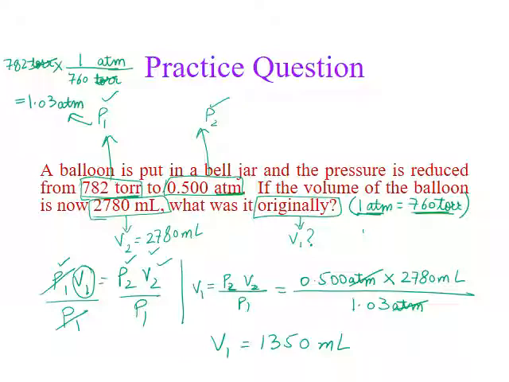How many sig figs are we looking for? This has 3, this has 3, this has 3. This 0 is not significant because there's no decimal. So 3 means I want the final answer as 3 sig figs, and this has 3 since the 0 is not significant as there is no decimal here. So this is my final answer.